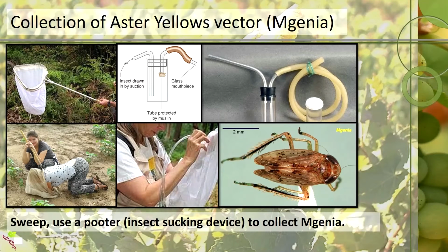To collect the vector, the best method is to do sweeping with an insect net, and then within that net to collect the sample using a putter. A putter is basically a vacuum, and on the one hand you draw up the insect and you create the vacuum on the other end. So basically just by sucking on this end, you will draw up the insect into the bottle. It's a good idea to have a little filter there so that you're not sucking up insects into your mouth. In this way, in the sweeping net, you can capture this little guy, Mgenia, who's the main vector for this